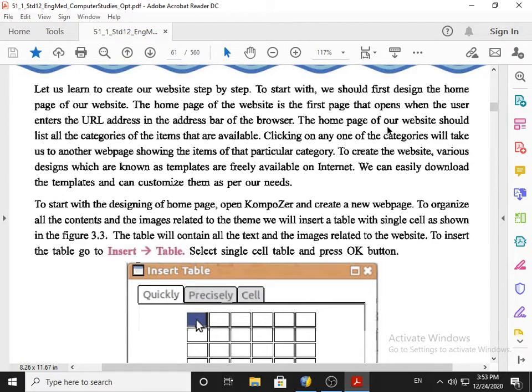The home page of our website should list all the categories of the items that are available. So remember, the home page also contains the categories of products, and clicking on any of the categories will take you to another web page showing the items of that particular category.